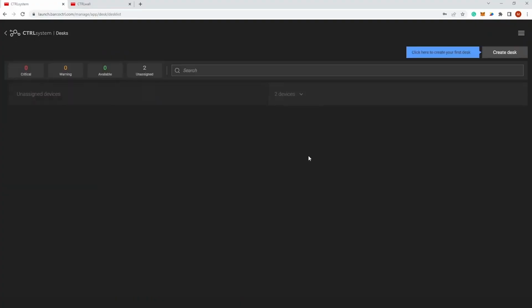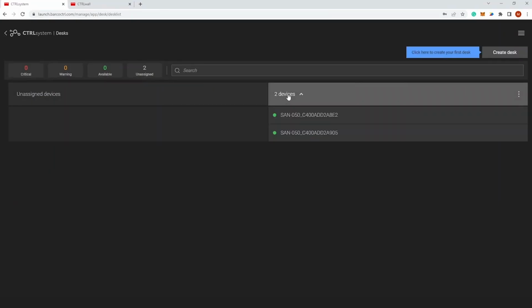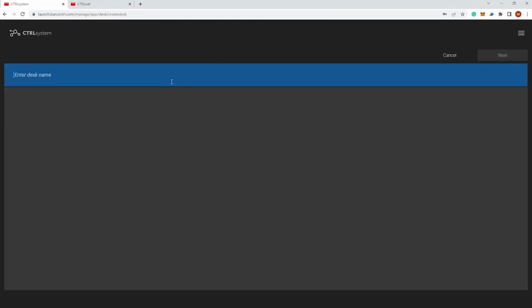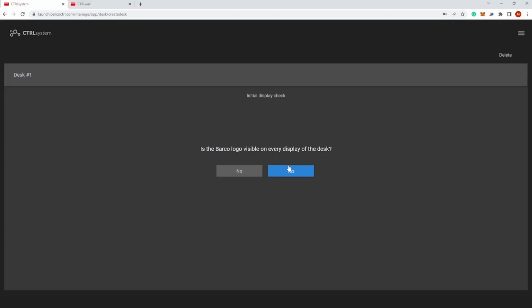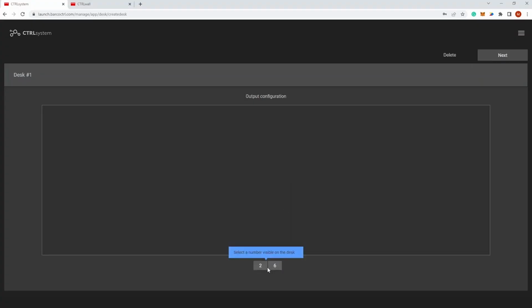Creating a disk is the same flow, so we still have 2 devices left. I create a desk number 1. I continue. Do I see the Barco logo? Yes, I do. I continue, and what you'll see here is a free pane instead of a matrix shape, because